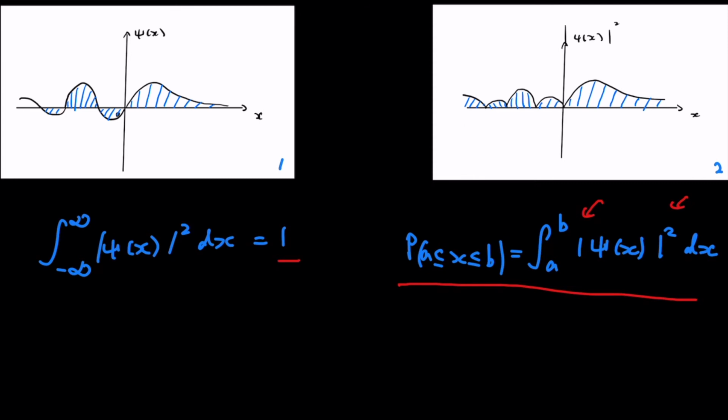And by calculating this equation, we could get a value, and we need to divide the whole equation by this number and make that equal 1. So if I get a 3, I need to divide by this 3 to make the result equal 1. And then we just use the second equation to calculate the area under the graph, which is the probability of appearing between A and B.